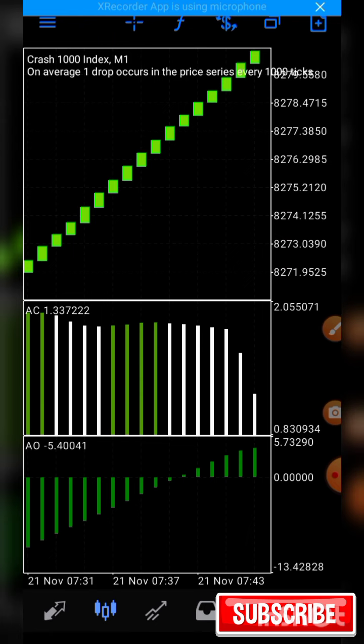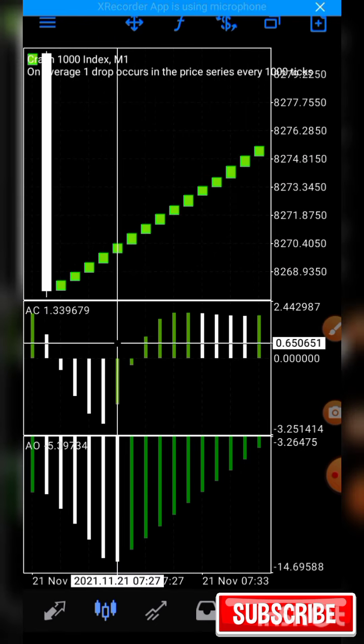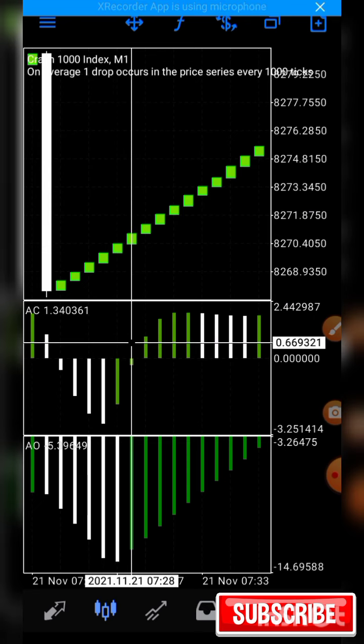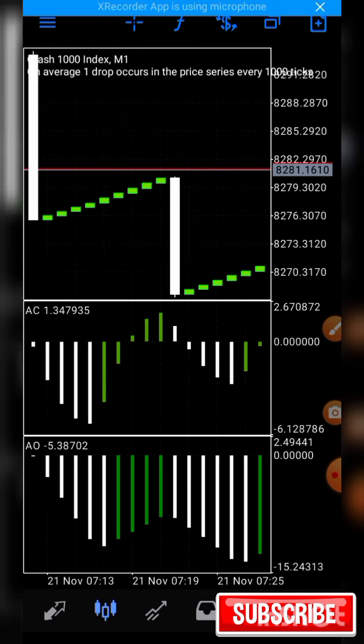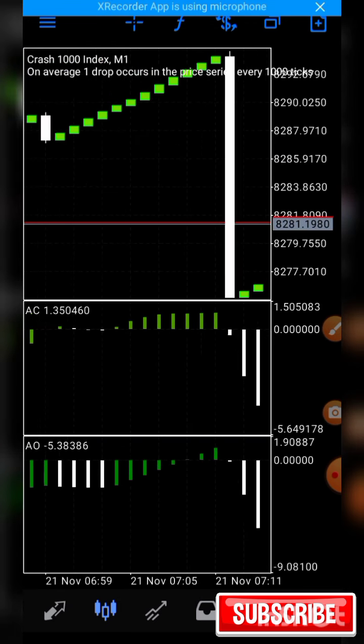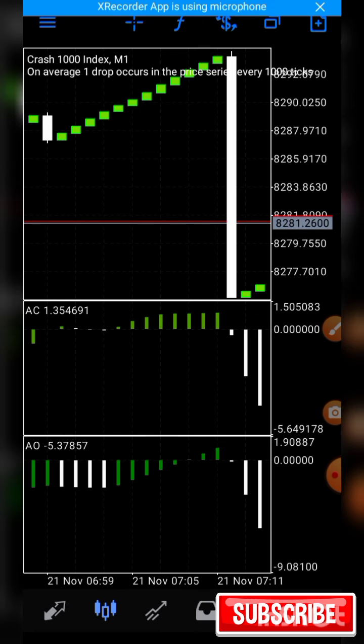Then let's back test. This is another trade. Here the markets all becoming green. The AC and the AO becoming green. You take 1 candlestick, 2 candlesticks, 3 candlesticks, and you are out of the market. Now let's go. You will see trades. If you can do this the whole day, you will flip your account. 1, 2, 3. You are out of the market. You are out for good.